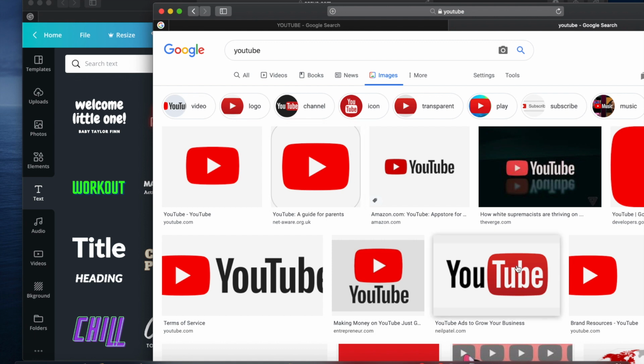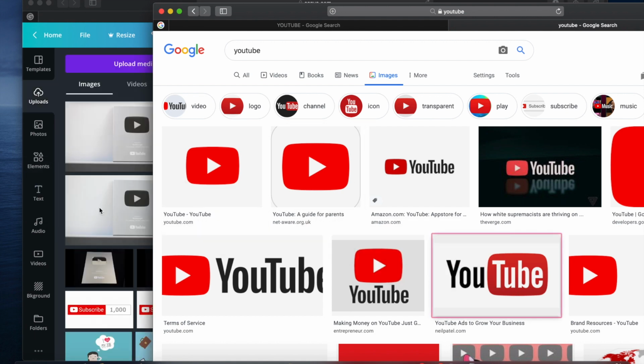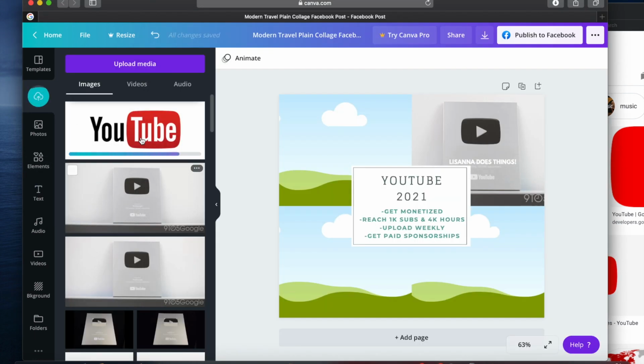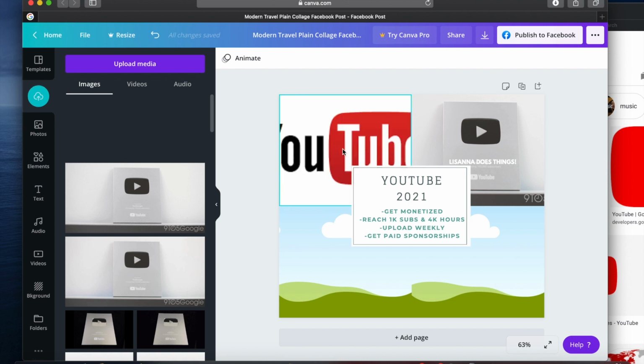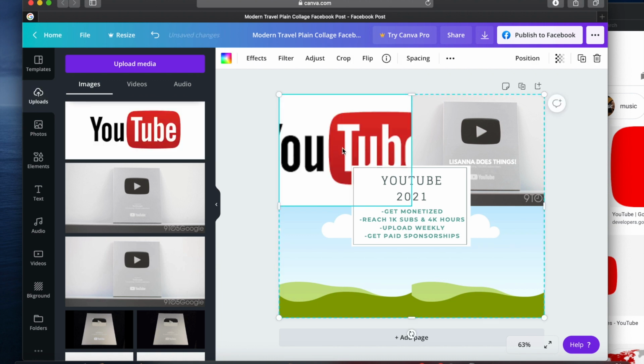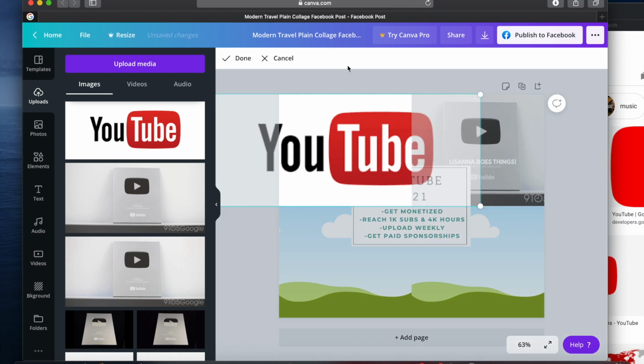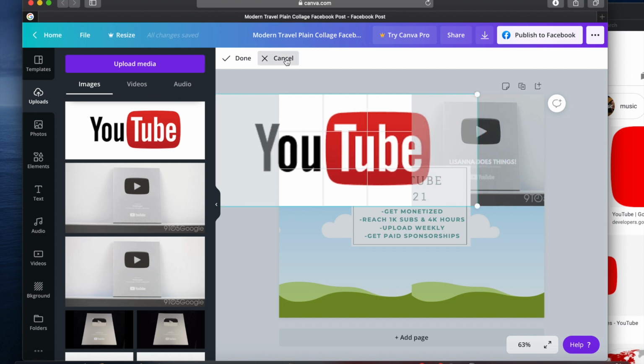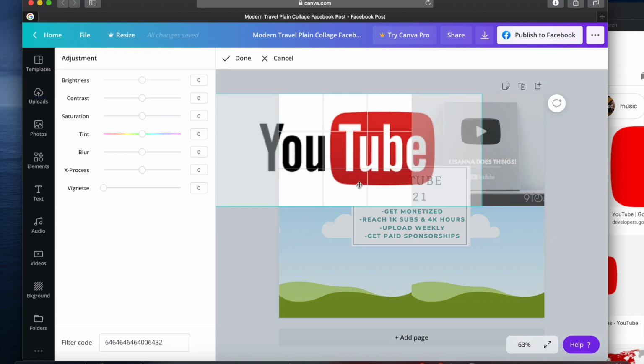I tried to add the YouTube logo to my template, but as you can tell, it just wasn't fitting in correctly, and I wasn't able to adjust it inside of the cell. So what I did was went in and deleted that picture, and then I deleted the cells just by clicking on the template and clicking on delete. So it's going to erase everything except the words, but I thought that it would be much easier to just